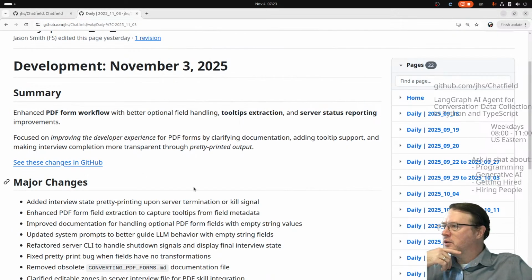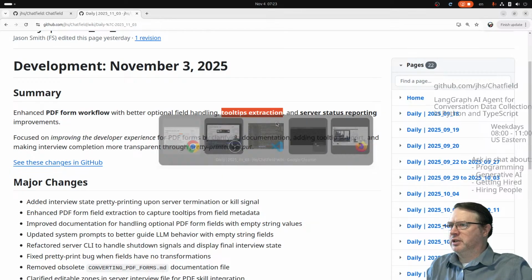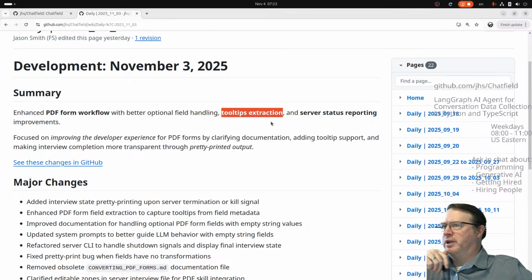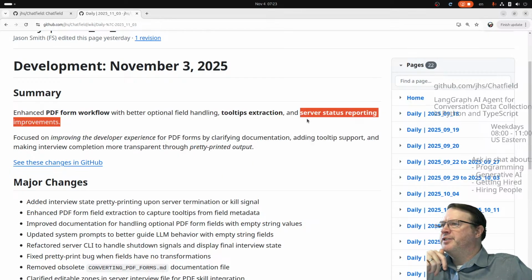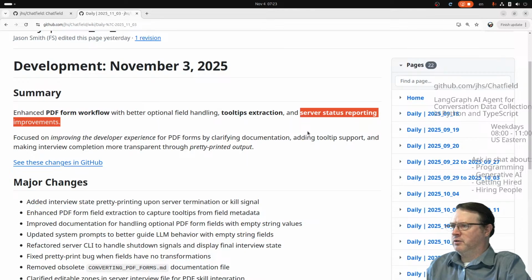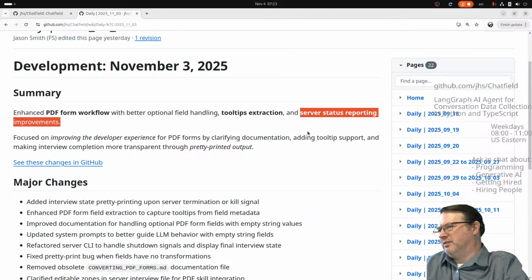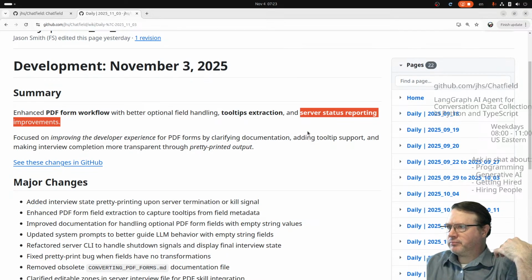So we did a little work on tooltips. I wanted to ask Claude Code to follow up on that. And the thing is, there's this server, which we can get to. I said Chatfield has no front end, and so I've done a little bit of work building a web application to talk to it, which